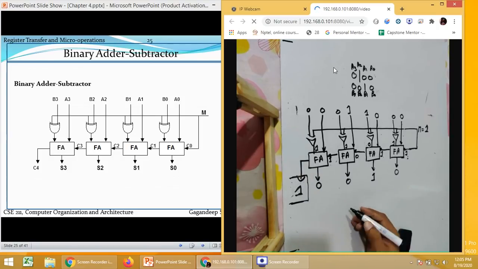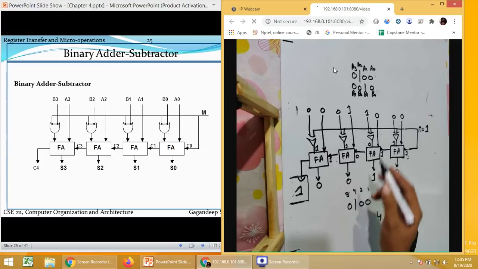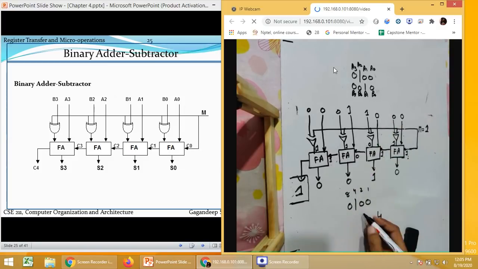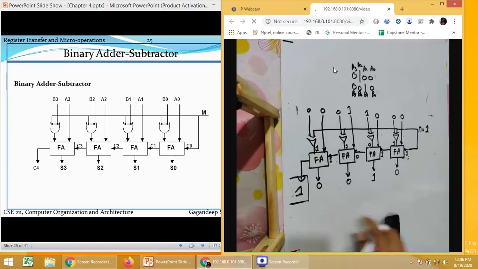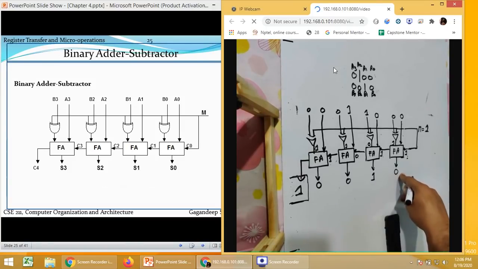Okay, so now if we do a normal subtraction, this value is 1, 2, 4, 8. This is 4, this value is 2. So 4 minus 2 is 2, which will be 0, 0, 1, 0. So 0, 0, 1, 0 is the answer.